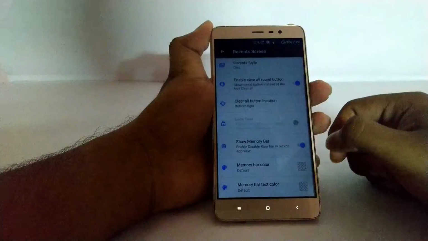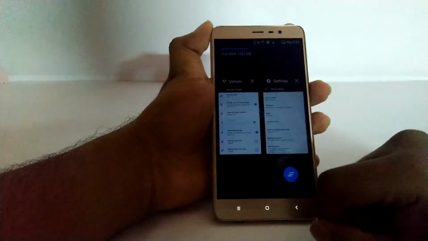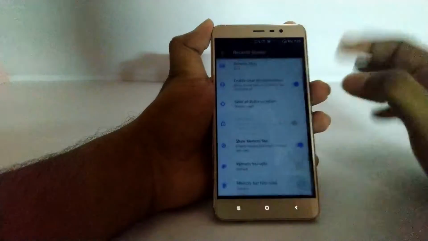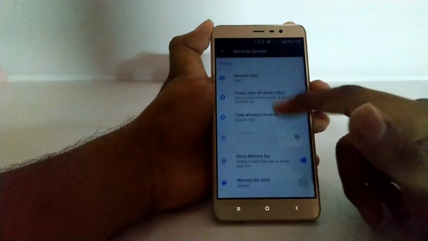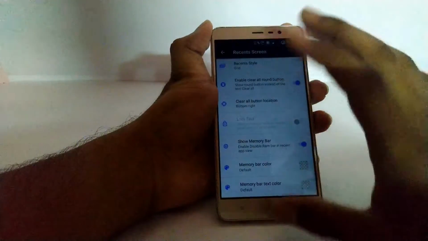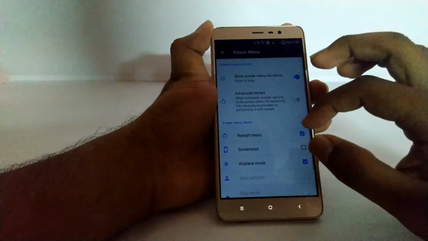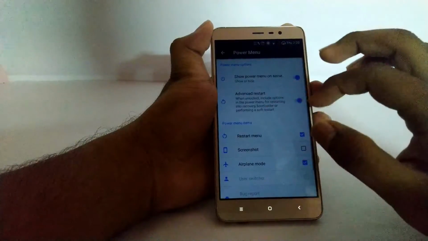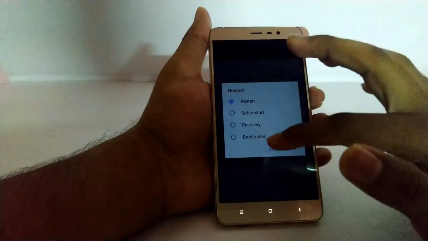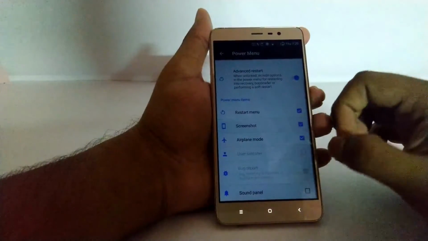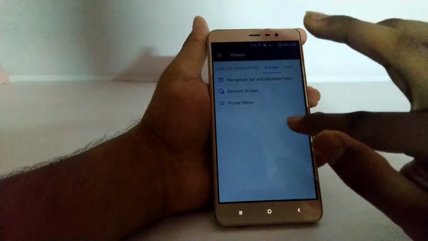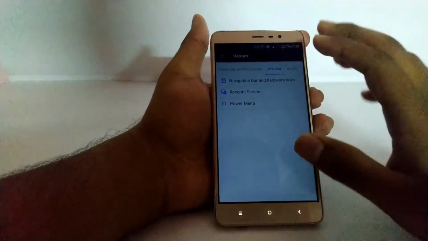And you have the option to enable showing the memory bar. That will show you how much memory has been used and how much free RAM is left on your device. It just goes on, like you can even change the memory bar color and all. So it's a lot of customization inside it. In our power menu, you have the option to enable or disable the advanced restart. Advanced restart will give you options of soft restart, recovery, or bootloader, and you can add all these options into your power menu also. So guys, these are all the features